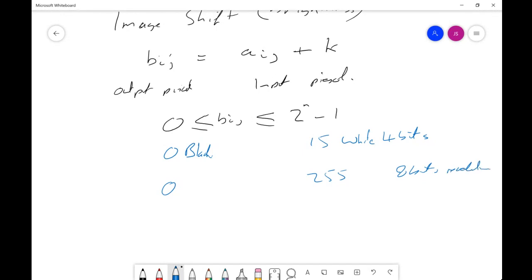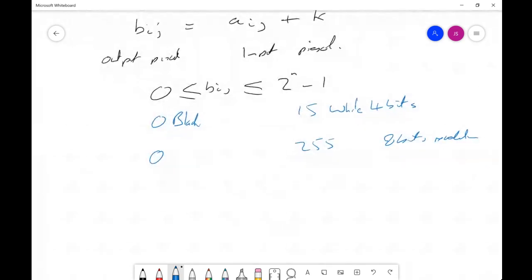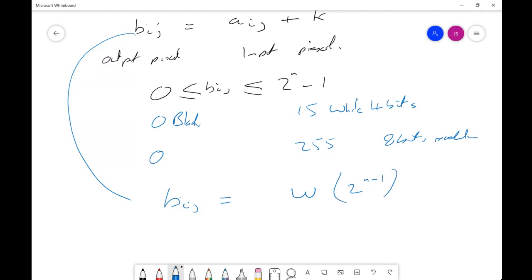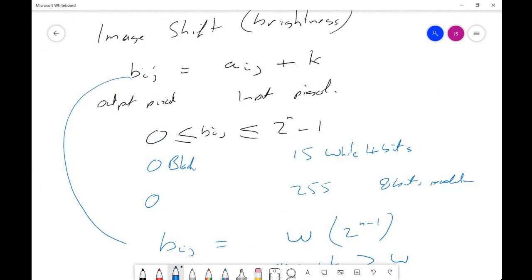So going back to here, if B has to be within a certain range, then the exception: Bij equals W, or 2 to the n minus 1 if we've got n bits resolution, if Aij plus k is greater than W. In other words, we can go up to white, we can't go beyond white, and so the screen, if you keep doing a shift, will become whiter and whiter as you increase the magnitude of the shift. So that's image shift,